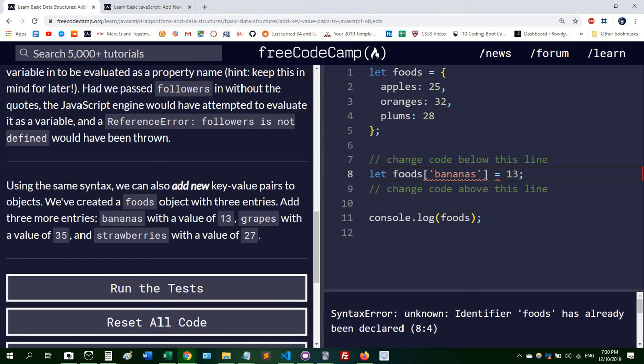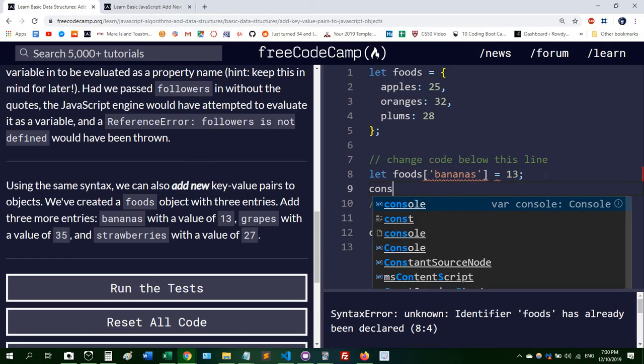What we've done here is we have accessed the object and added this property, or this key. We've given it a value of 13. So now when we